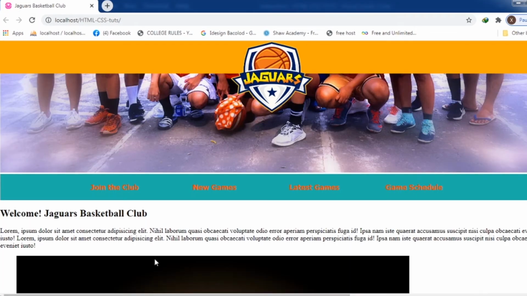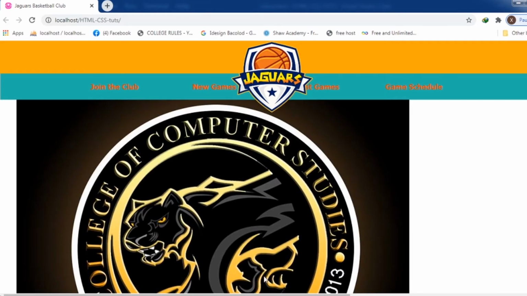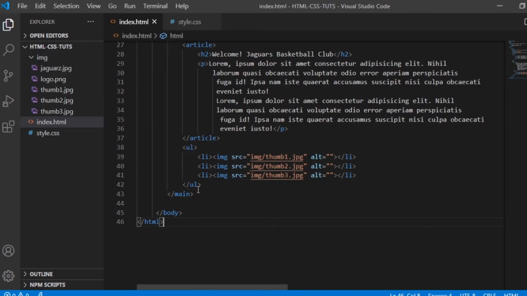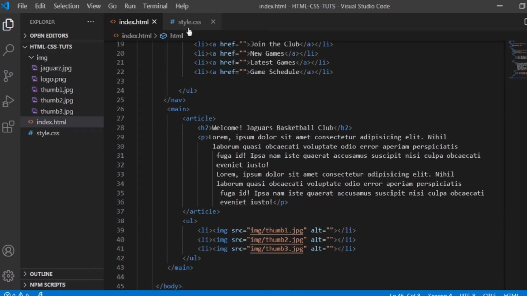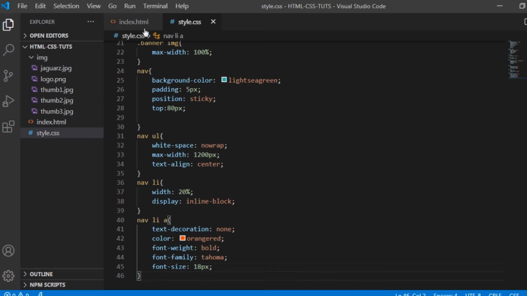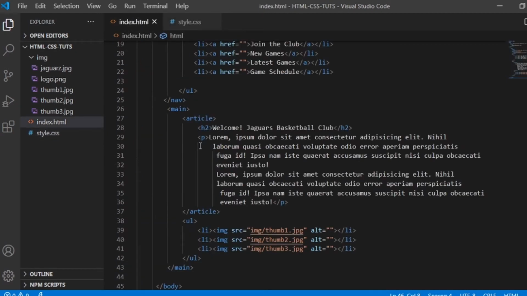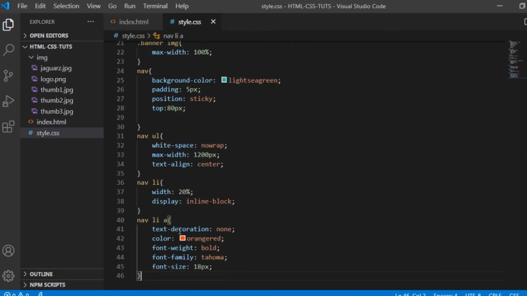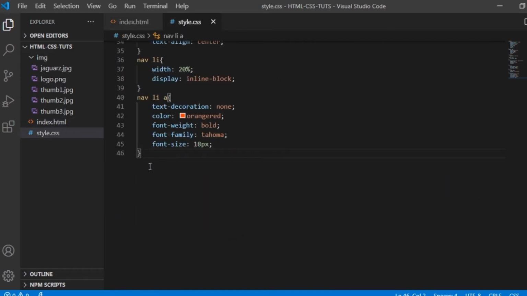Okay, now so let's design this to the CSS. Okay, let's go to CSS style. So first thing that we are going to design is the main. Okay, so let's go back here and let's create a selector. Okay, main, and then under the main, let's say the max width